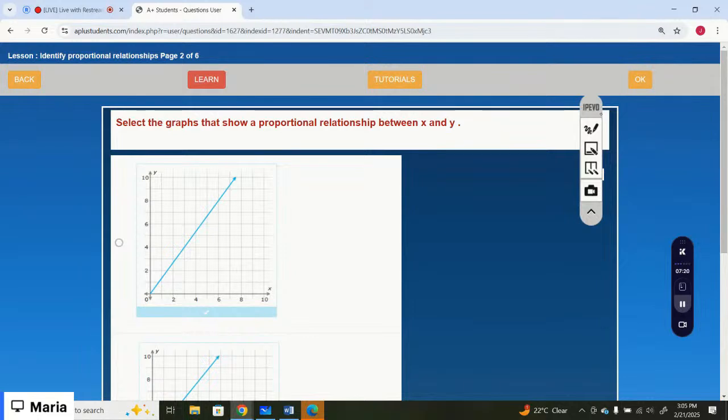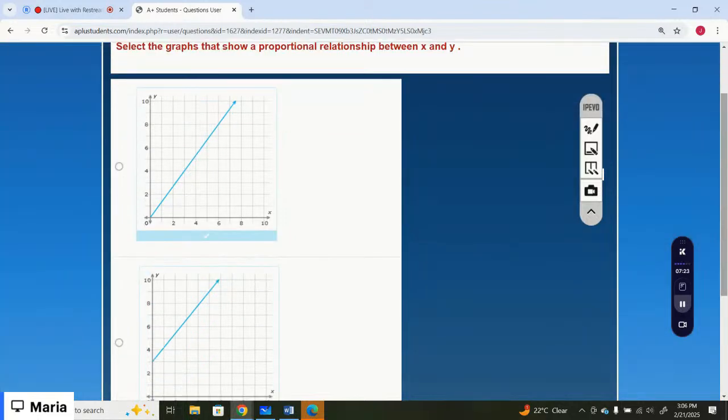Select the graph that shows a proportional relationship between x and y. So which is the correct option? Option number one is the correct option. That's a graph. The graph shows the